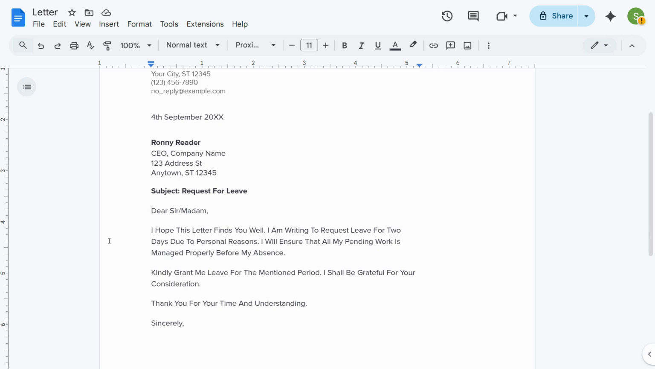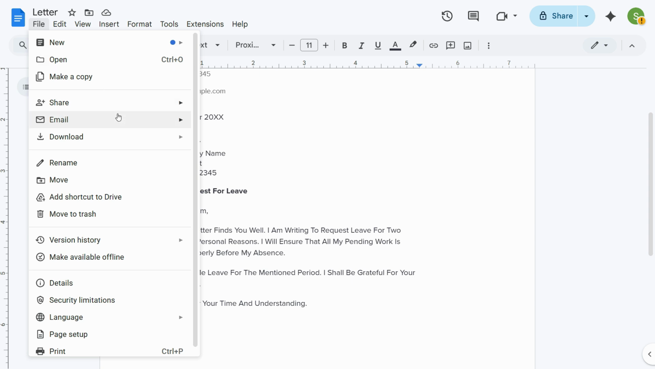In this video, we are going to see how we can email a Google Docs directly from this application without even downloading it. And it is a pretty straightforward process here, guys. All you have to do is just click on the file menu and click on the email option